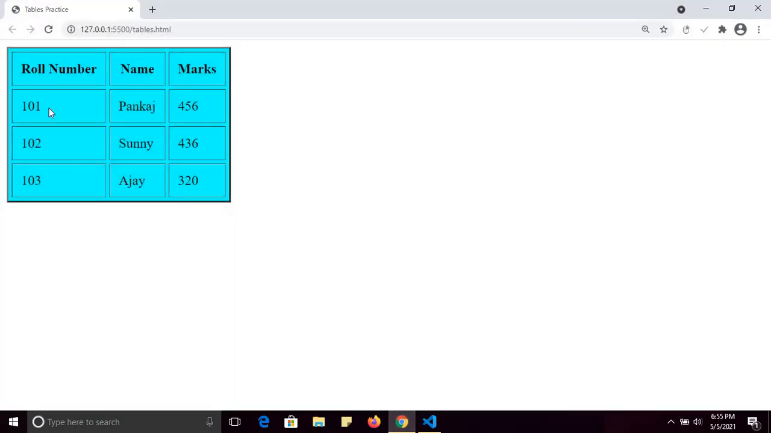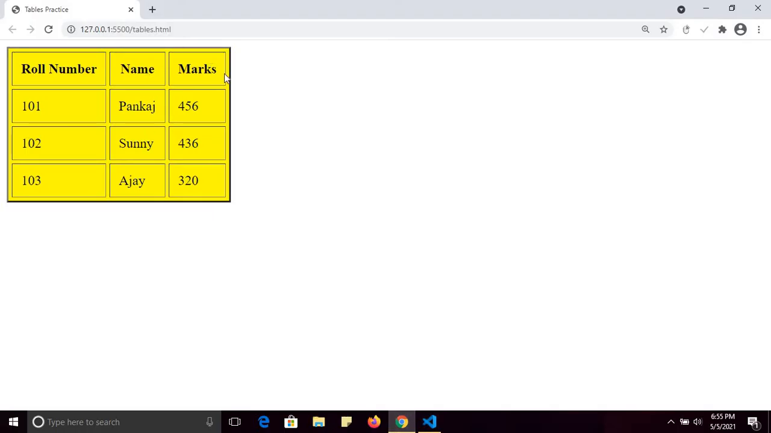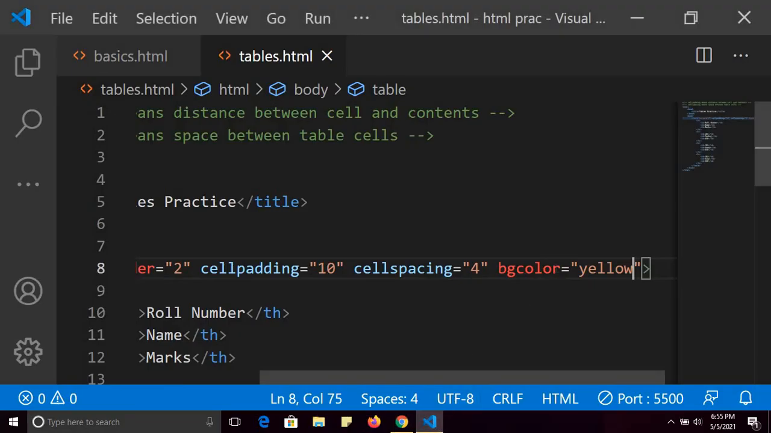Now see, color is changed. If you set the background color to, suppose yellow, and see, color has been changed. So it is BG color, background color. Actually we use CSS to set the properties of it. Its best option is to use CSS, but for your syllabus point of view, I have to use these properties, BG color. Similarly, you can use